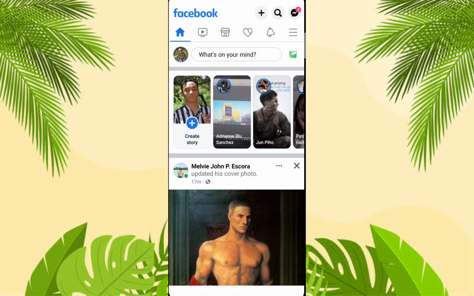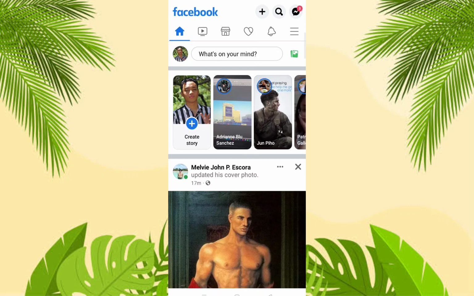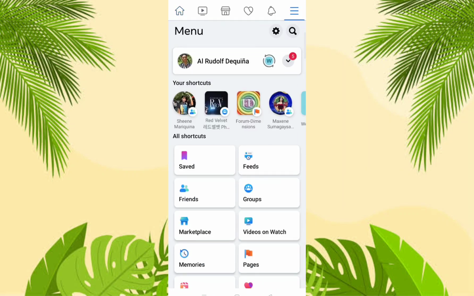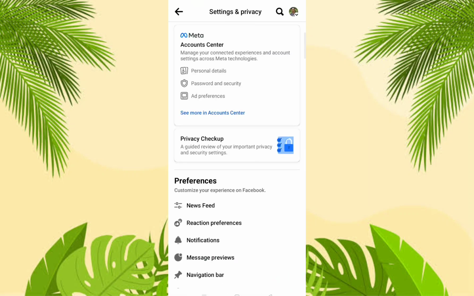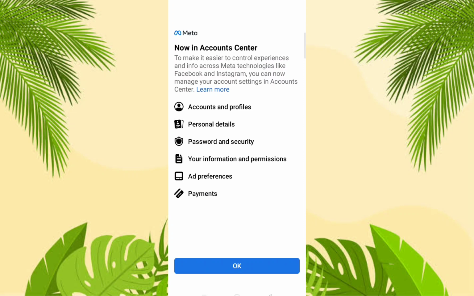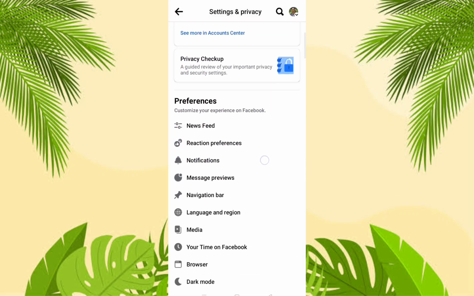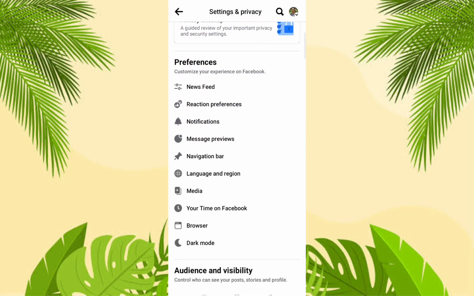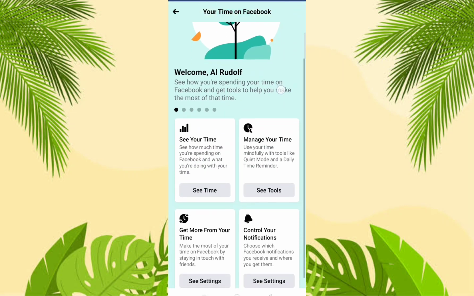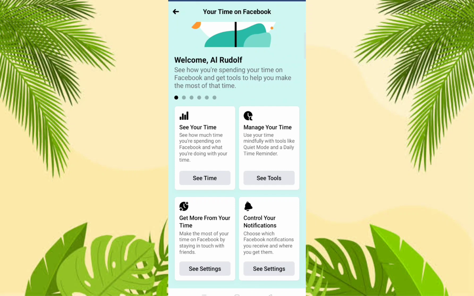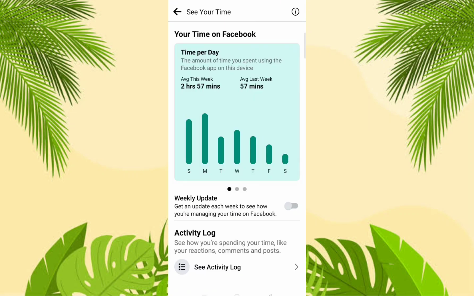So let us go to our Facebook account, and in our Facebook account, click on the three lines, and then here click on the gear icon at the top right corner. After that, under the preferences, go to your time on Facebook, and in here we have a few options. So let us go to see your time,